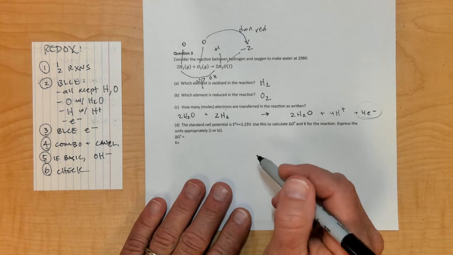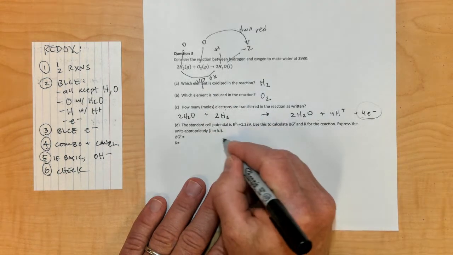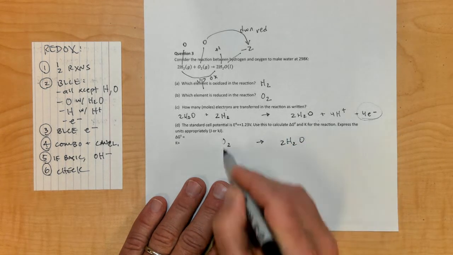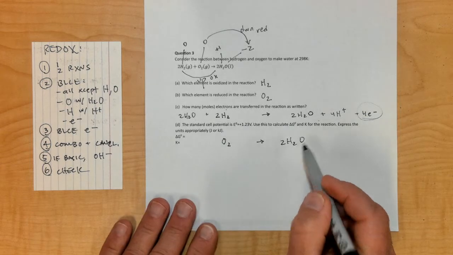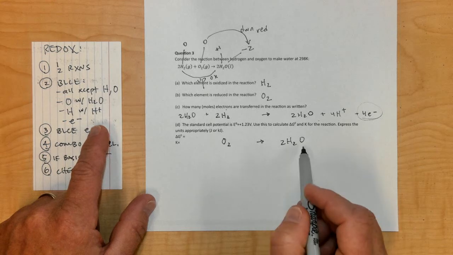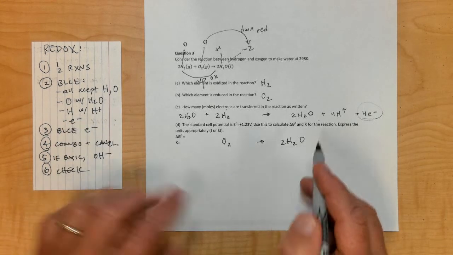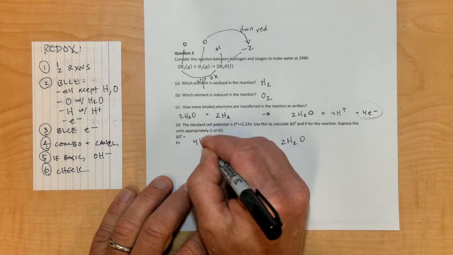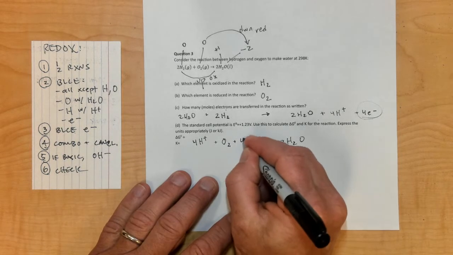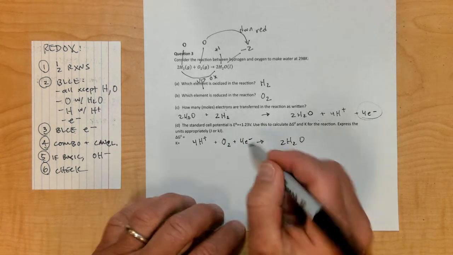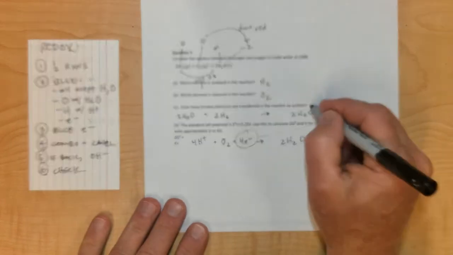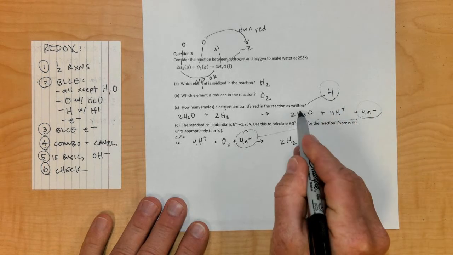Now let's use the other half reaction and see if we get the same thing. That's O2 going to H2O, and I know there's a 2 in front of the H2O over here, so I'll leave that there for right now. I need to balance the oxygens first, and those are balanced. Then I balance the hydrogens with H+, so I'll need 4 H pluses over here to balance the 4 on this side. Now I can balance the electrons, and I'll need 4 electrons here to get it to be 0. So you can see the 4 electrons are transferred from one side to the other, and 4 is the answer for the reaction as written.